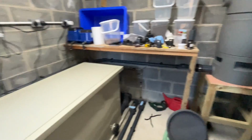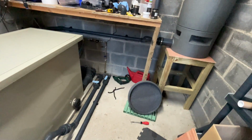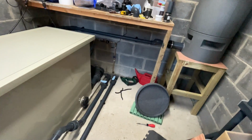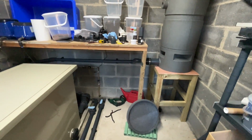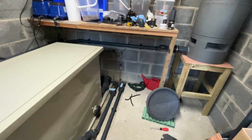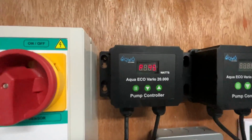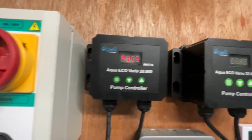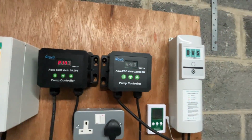A mate of mine who helped me put this in has one the exact same, and he put a 10,000 on it initially thinking there'd be no problem, and he said it just wasn't enough. The flow was very low, and he ended up putting a 20,000 on it, and that did the job. So that's why I ordered 22. As you can see, my two pumps on my main pond are 20,000. That's the older version of the Aqua Eco, and the newer one is a 22,000, and that's what I have